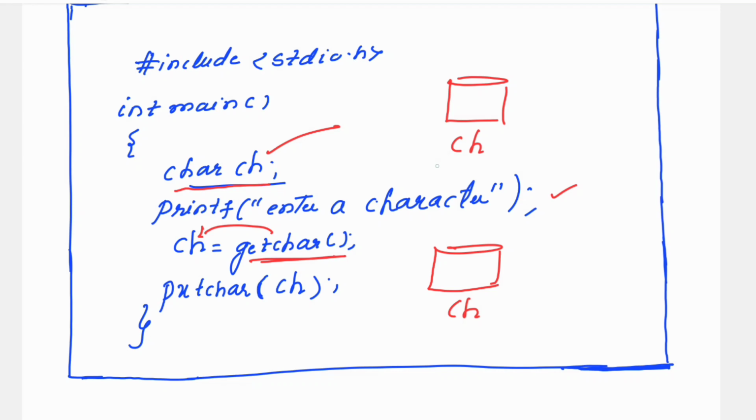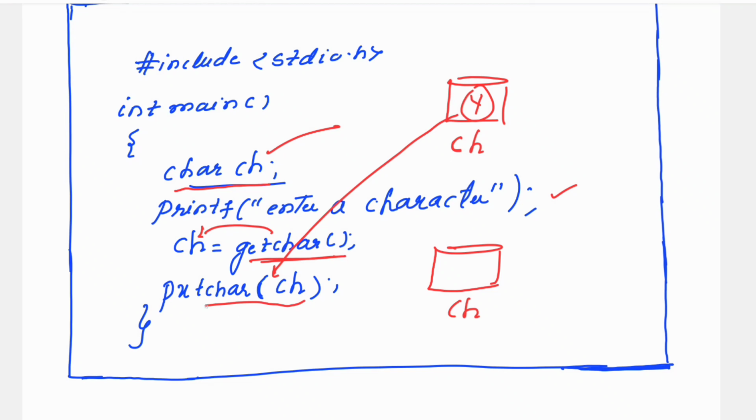It will identify a memory location and assign to that memory location a name, and the name is ch. Now once you enter the character with getchar, the character that is entered will be stored in that location. Now next, if you want this character y to get printed on the screen, only it is possible